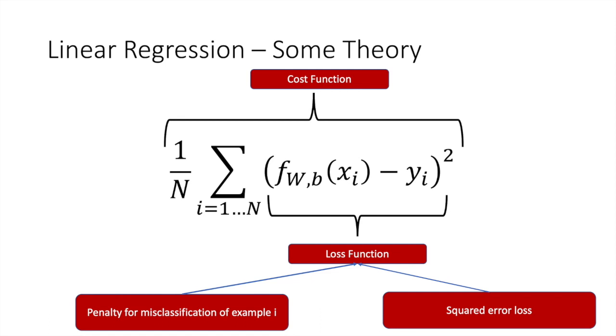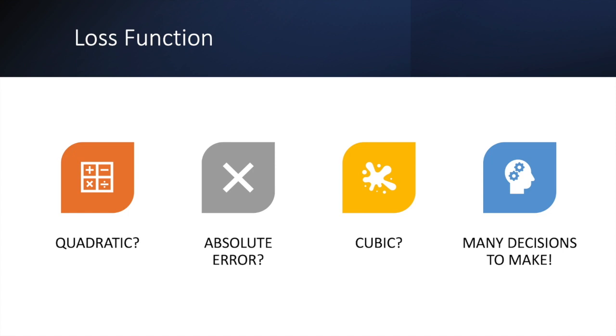There are some questions coming to mind when we are doing this. We're proposing something like this. The question could be, why is the loss in linear regression a quadratic function? Why couldn't we take the absolute value of the difference between the true target yi and the predicted value, and then use that as a penalty? The truth is, we could. Moreover, we could also, for example, use a cube instead of a square. And this is where I think you start realizing how many decisions we are making when we are designing